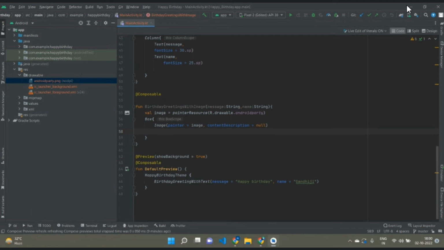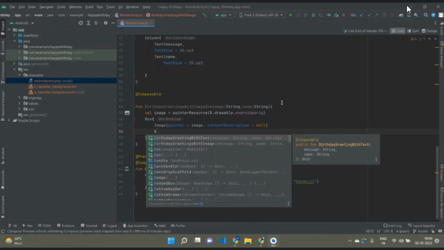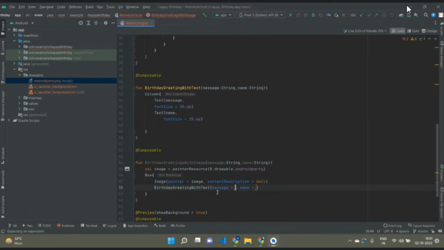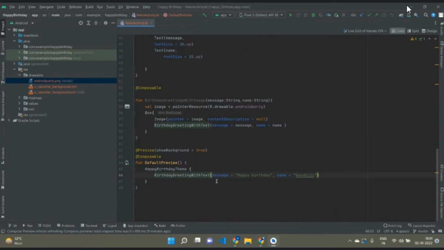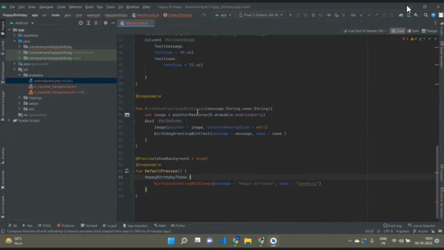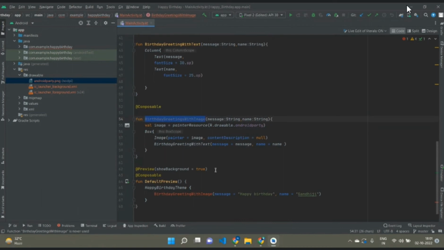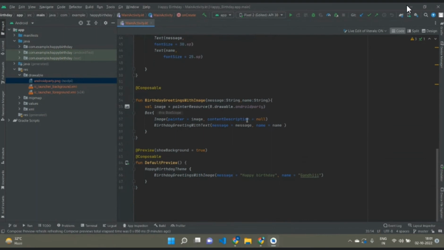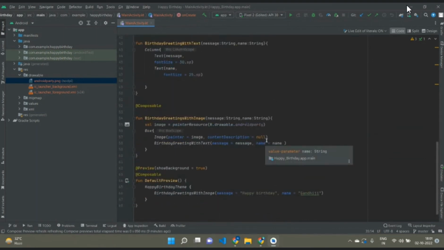The image is done. Now just call our previous function, birthday card with text, and pass the same parameters. Message would be message, name would be name, and instead of calling text here, let's just call image as the main function. I guess there are some naming issues. Just copy this and paste it here. Issue resolved, and the same thing to be done here. Issue resolved, no more issues. And yes, we are ready to go